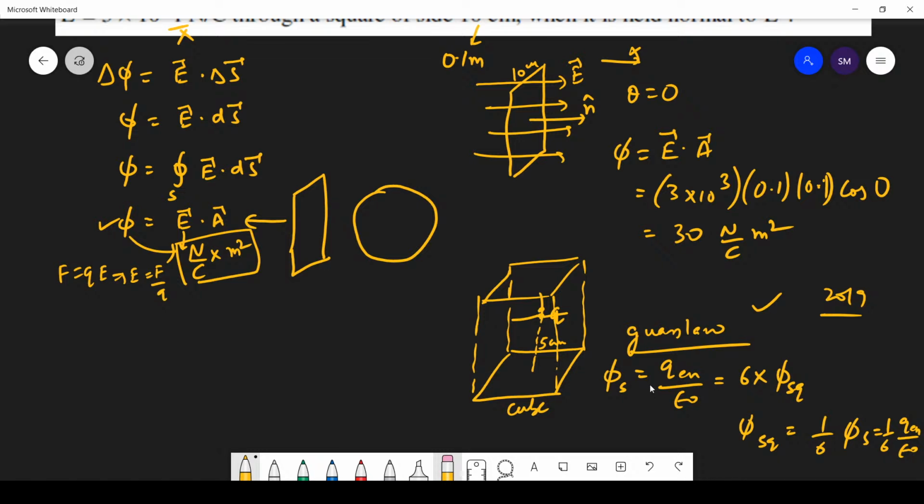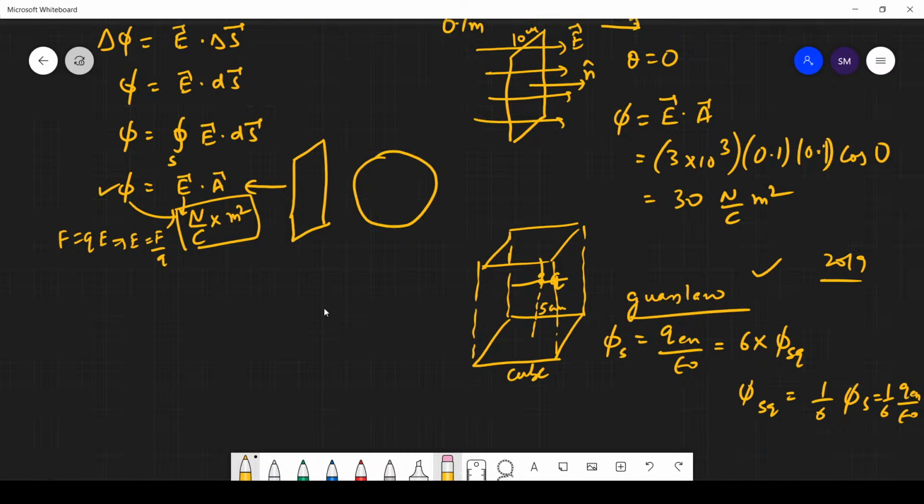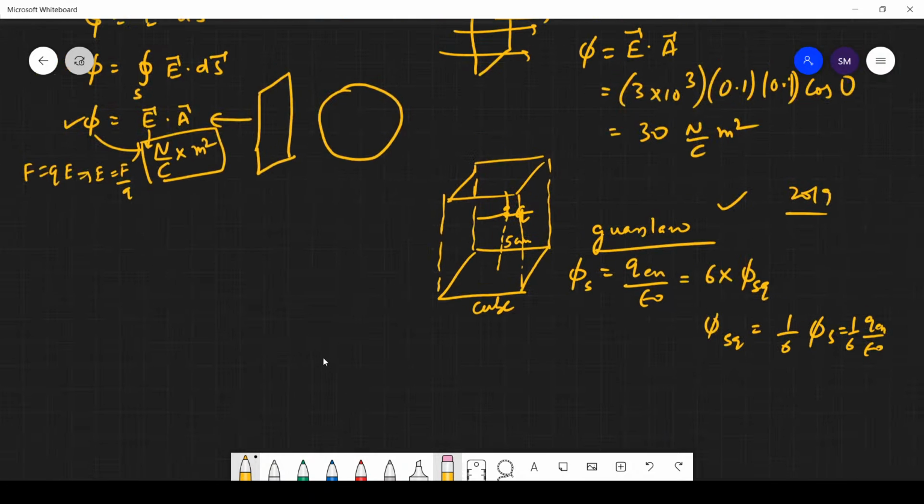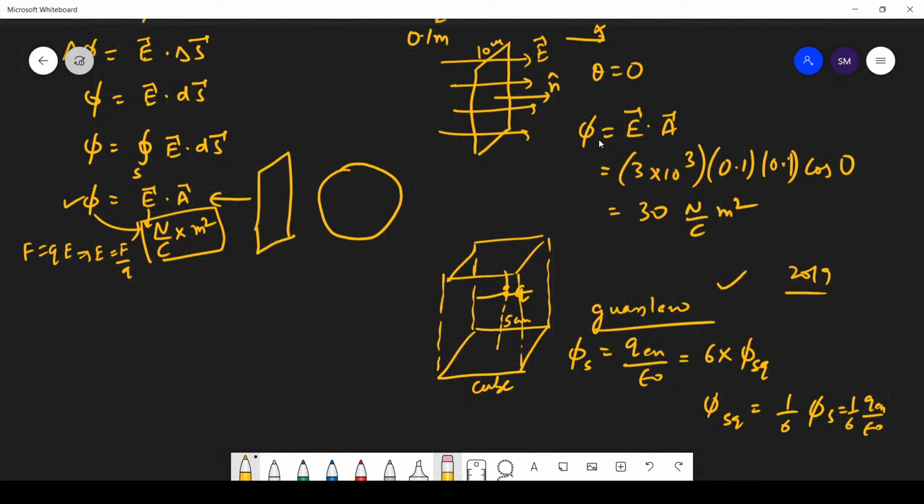So 1 by 6 here and 1 by 6 here also, that is the flux through the square. So students, these are two very important concepts. You are dealing with the electric field and flux, or you are dealing with charge and flux. So just be careful, and these are the only two formulas that you will be using. Now